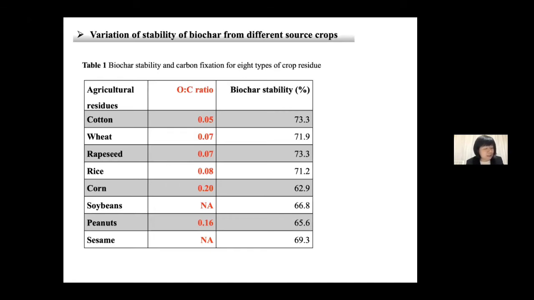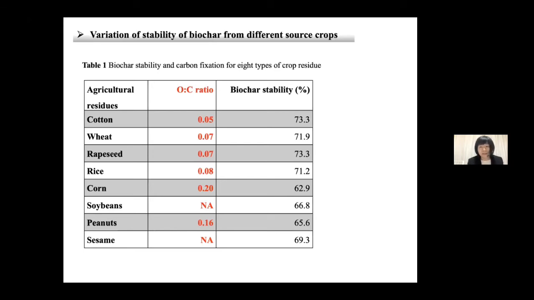Different biochar from different agriculture residues have various carbon stability in a 100-year time span. The stability of biochar is a critical factor, and in previous study, the oxygen to carbon ratio of the biochar has been proposed as an indicator and defining the threshold for biochar stability. So the lower it is, the more stable the biochar is. So in order to explore the differences of carbon fixation by biochar, we take experiment for various different